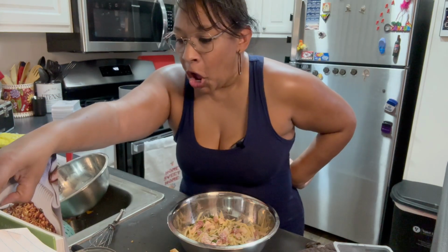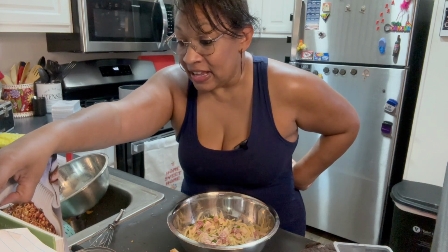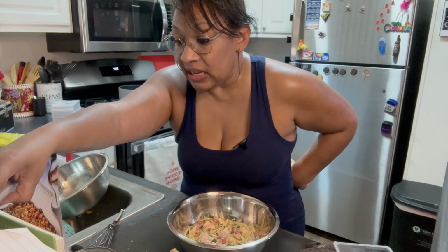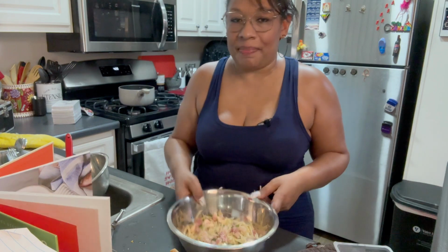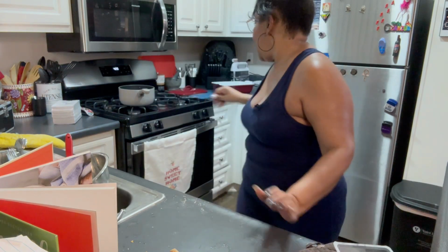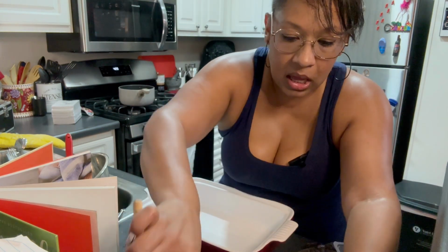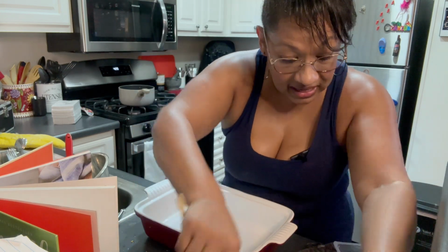I missed something. Pour the contents of the bowl into the prepared baking pan, spreading macaroni and sauce evenly. I completely skipped that paragraph. That was supposed to be before this, but that's okay. We've got this done. I'm going to set it aside. I'm going to get my baking pan. I'm going to stir this up again real quick because I